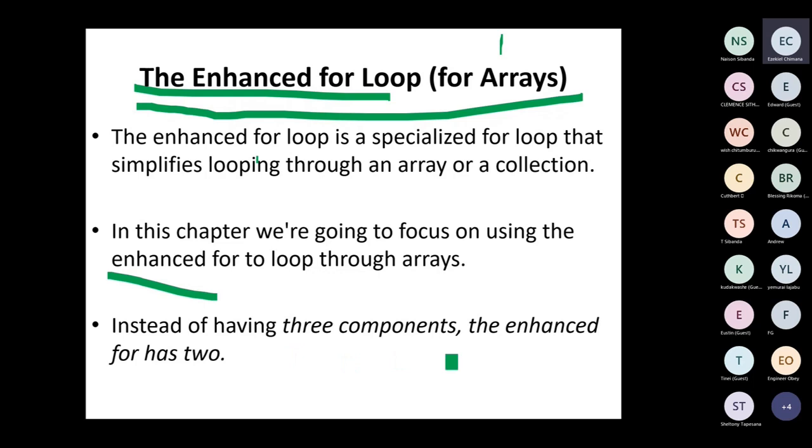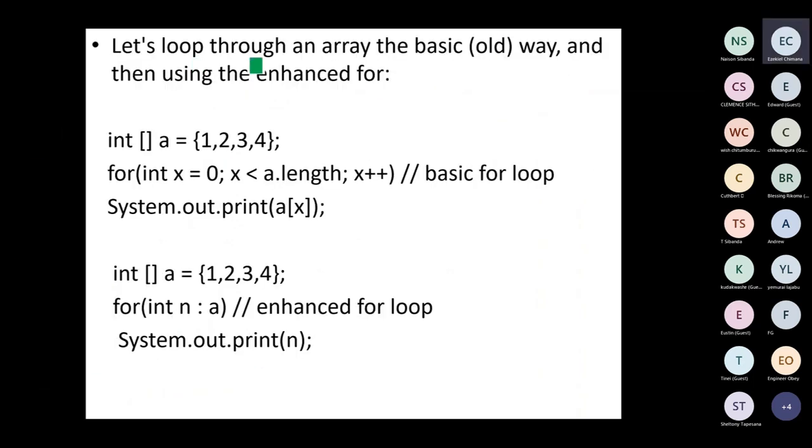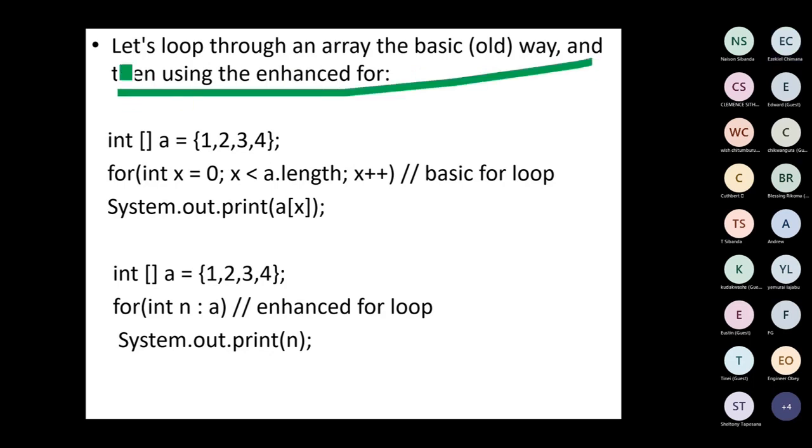In this chapter, we are going to focus on using the enhanced for to loop through arrays. Instead of having three components, the enhanced for has two. Let's loop through an array using the basic way, and then using the enhanced for. We've declared our array. You are going to do this later today. This is the way you declare and initialize your array at the same time. So we've got this array A,